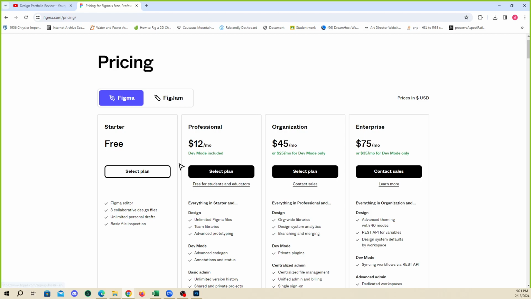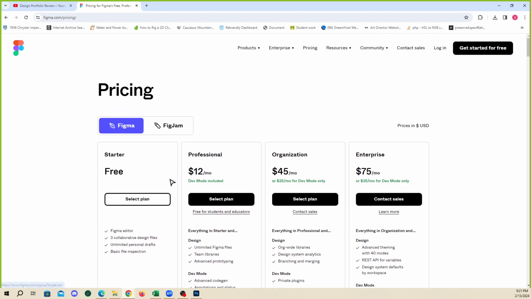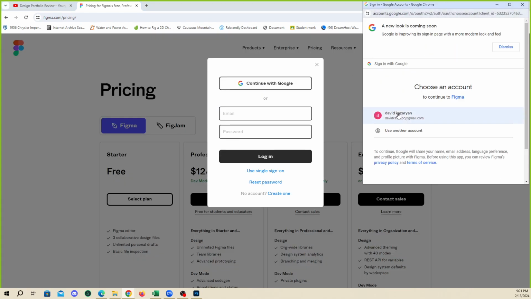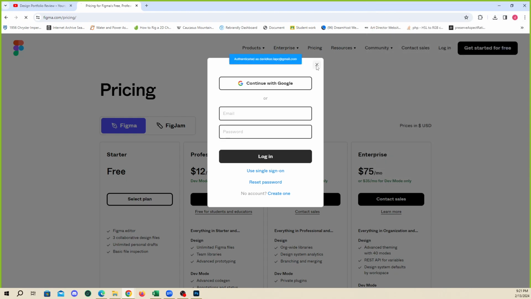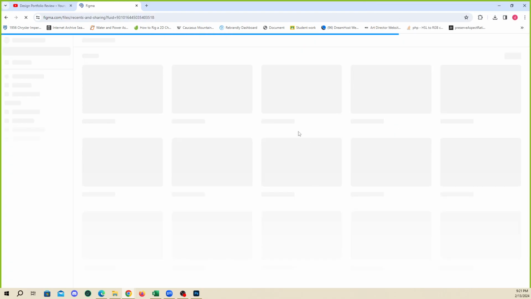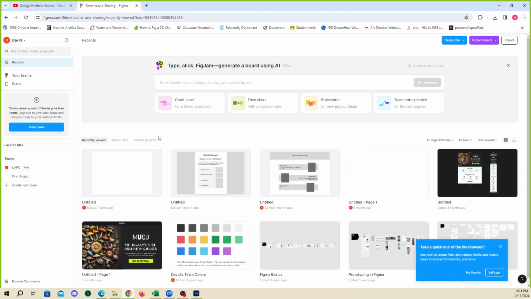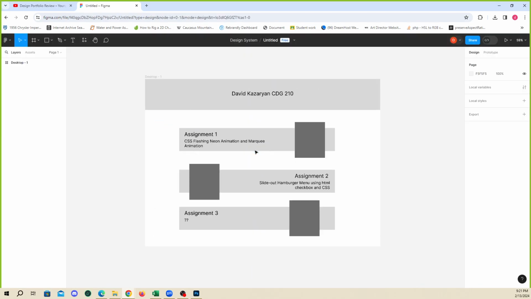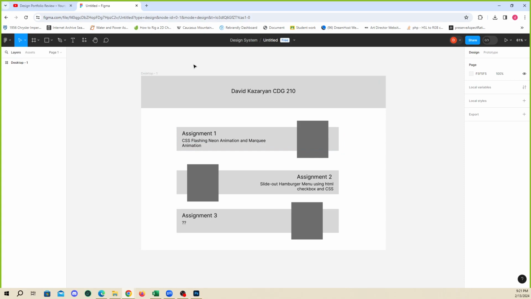But let's just use the free plan. If you were in the CZ200 class, we used it for creating our home page for our assignments. I know some of you have seen this before,